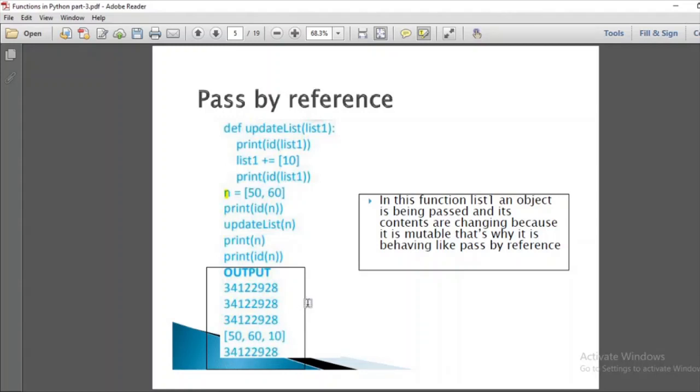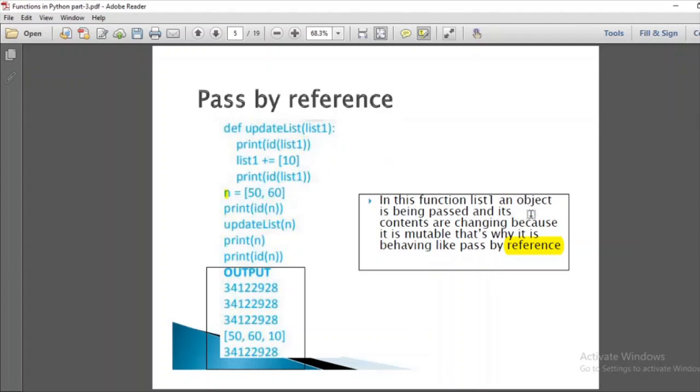एक ही एड्रेस पे जहाँ पे फर्स्ट टाइम वो आईडी सेव हुई थी, जहाँ वो फर्स्ट टाइम में स्टोर हुआ था, वहीं पे ही चेंजेस उसमें परफॉर्म किए गए अगर जब मैंने उसको फंक्शन में पास भी कर दिया. दैट मीन्स वी हैव पास द लिस्ट अलॉन्ग विद द एड्रेस, और जो चेंज हो रहे हैं उसी एड्रेस के अंदर हो रहे हैं, कोई भी कॉपी क्रिएट नहीं हो रही. This is pass by reference.